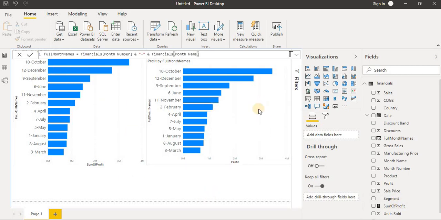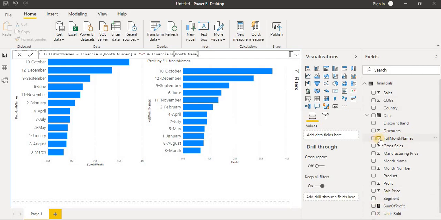If I want normal profit, month wise, then we can use it. This measure is very useful for visualization tools, or in Power BI, to perform calculations. So that is the advantage and the difference between the calculated column and the measure.